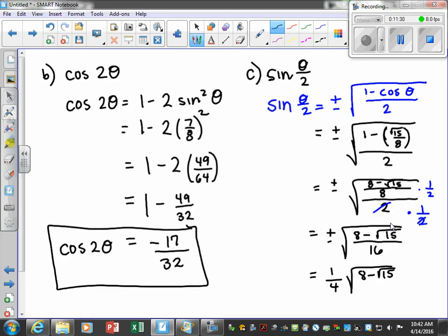Now, the only thing is we need to have, is it going to be positive or negative? The sine value. What's the sine value in quadrant 1? Positive. Good. So